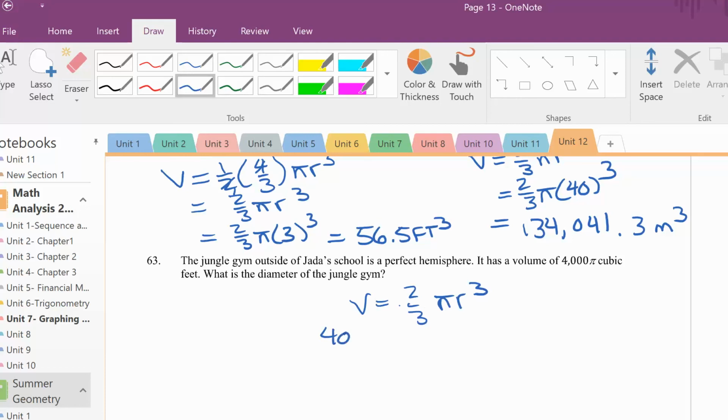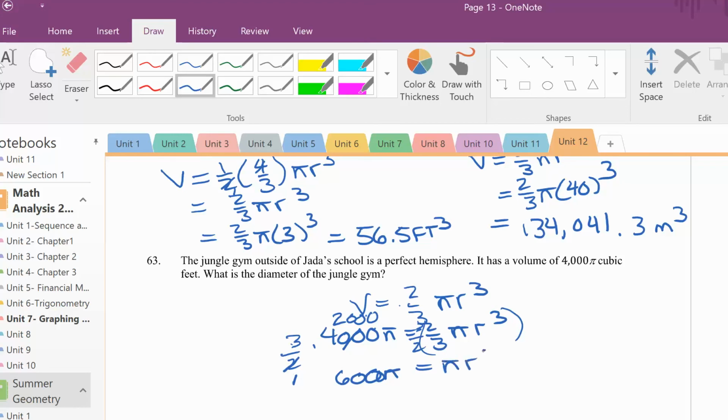So 4,000 pi is equal to 2/3 pi r cubed. If you multiply by 3/2 to get rid of the fraction, you get this: 2 goes into 4,000, so it's 1 and 2,000, and 3 times 2,000 gives you 6,000 pi